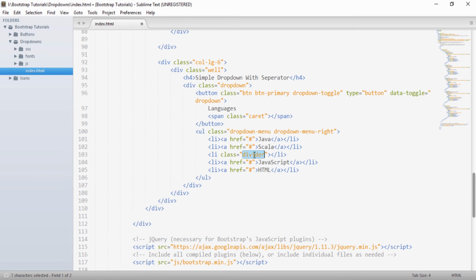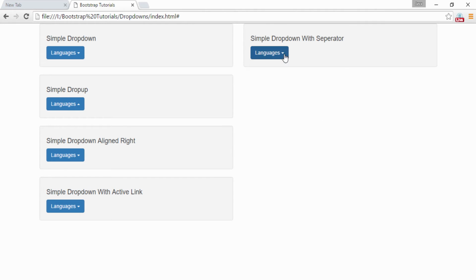This is one of the classes present in Bootstrap, and if I save it, you can see a small divider coming which separates Java and Scala from JavaScript and HTML. So this is also one of the features available in this dropdown.